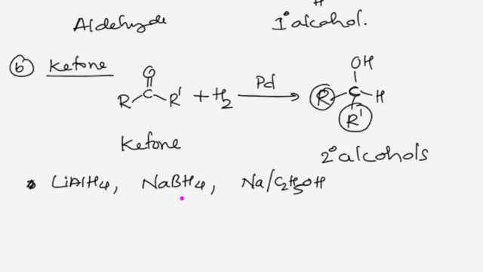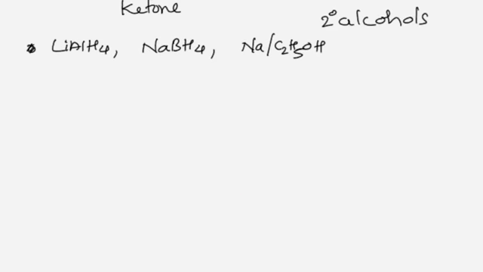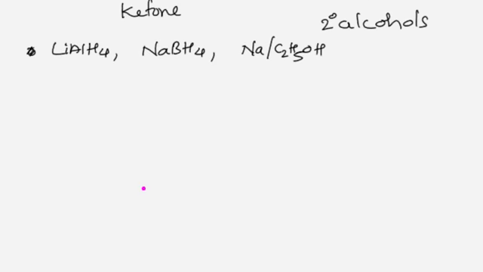I have one important discussion here: which one is more reactive, the ketone or the aldehyde? Aldehydes are more reactive than ketones, because addition of hydrogen takes place more readily if the polarity of the carbonyl group is more. In aldehydes we have only one R group, that is C double bond O, and here is H, so only one electron donor is there, and in the ketone we have two electron donors. By that the polarity of this group is decreased, and the reactivity of aldehydes is more than ketones. Hope you understood this.